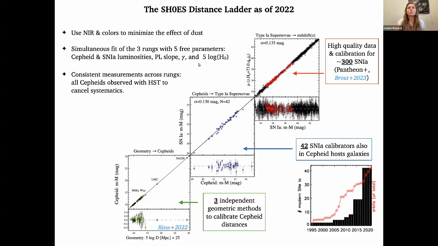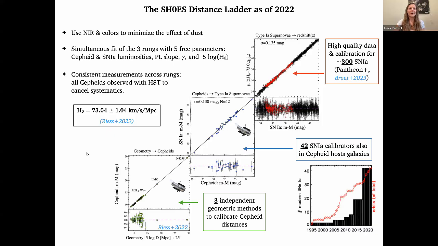In the SHOES distance ladder, we use the near-infrared and colors to minimize the effect of dust. We use a simultaneous fit of the 3 rungs together with 5 free parameters: the Cepheid and supernovae luminosity, the slope of the PL, gamma, which I will cover later, is the dependence with metallicity, and finally H0. And all these rungs are measured consistently. Again, especially Cepheids are measured consistently with the Hubble Space Telescope, which gives a Hubble constant of 73 plus minus